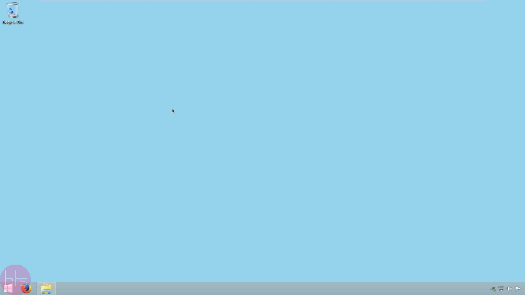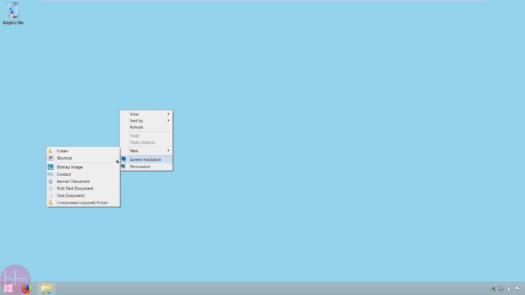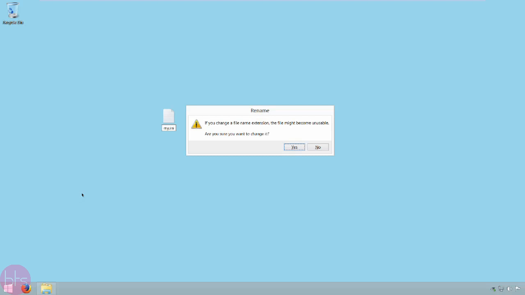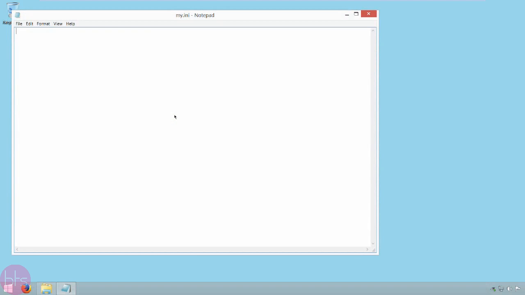The last thing I'm going to show you is the prompt customization for the MySQL client. To do that, create a new text file on your desktop and name it my.ini. Click yes in case you are getting a message and open up the file. Now write into the file, open brackets, MySQL, close brackets, and now beneath that, write prompt equals,